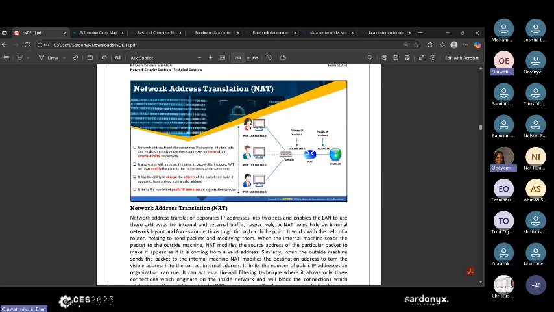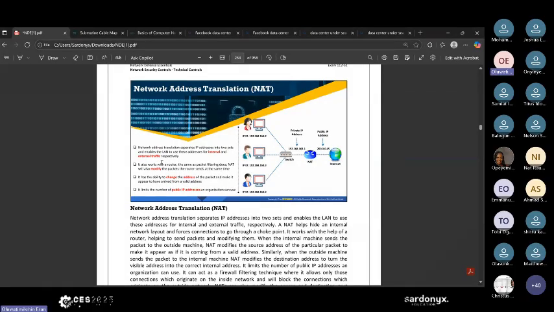They have the network address translation. We talked about it yesterday. So this guy converts internal addresses to external traffic. That means from private to public. I think that a private IP cannot go to the internet, right? But a public IP is one that goes to the internet. So your ISP uses that to convert your private IP to what? To a public IP. So it works also with a router. Okay, so it also works with a router, right?